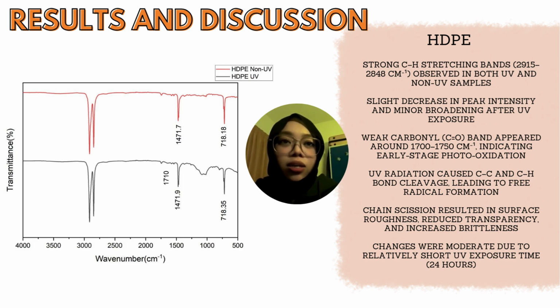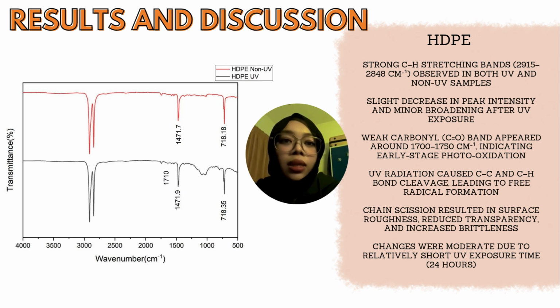In addition, a weak carbonyl absorption band appeared in the region of approximately 1700 to 1750 inverse centimeters. The presence of this peak indicates the early formation of oxygen-containing functional groups such as ketones and aldehydes resulting from photooxidation. UV radiation provides sufficient energy to break C–H bonds, generating free radicals that readily react